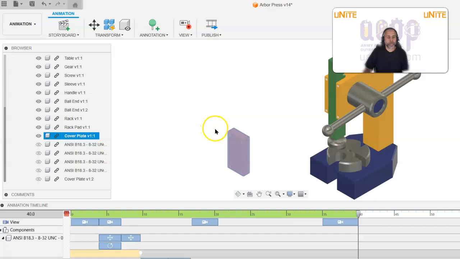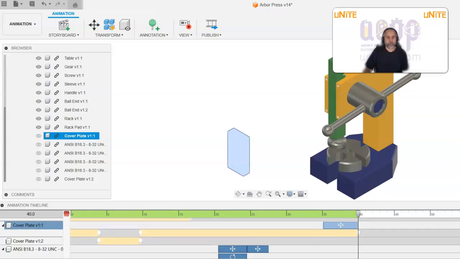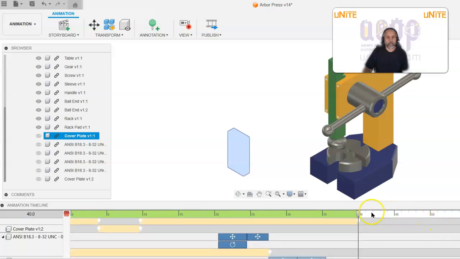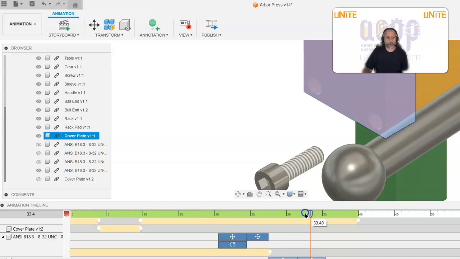And in order to make it fade away, you can click on the eye, and that will have that cover plate fade away. So if you kind of reverse it,